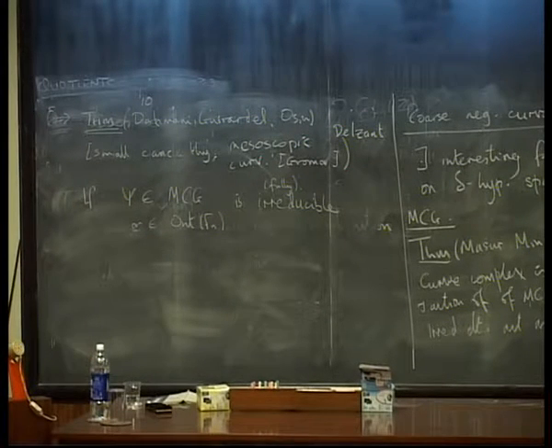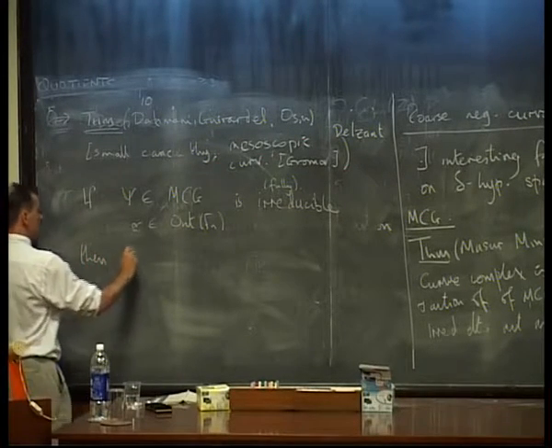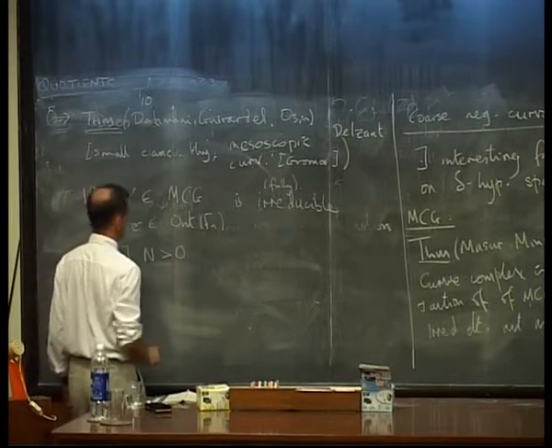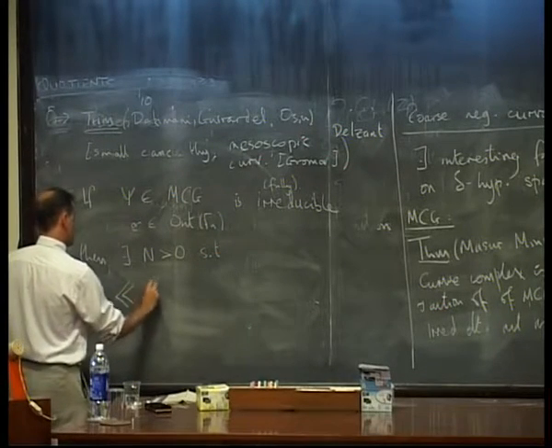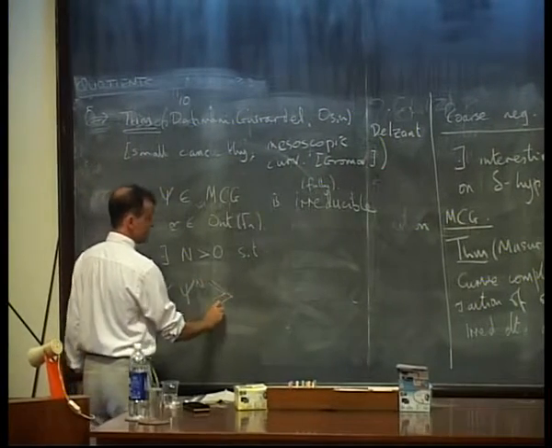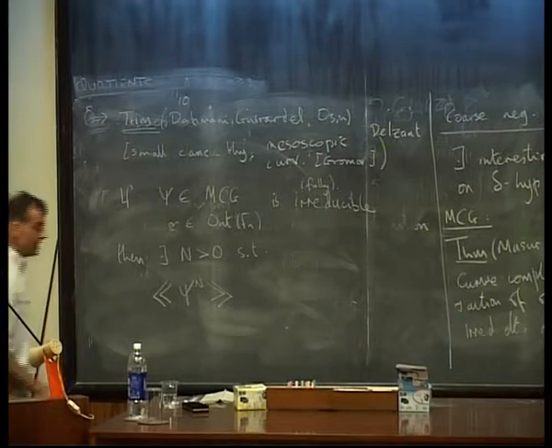In the Out(Fn) case, it's an analogous thing. Then there exists some integer, some power you can raise this element to, so that if I take the normal subgroup generated by that power of the pseudo-Anosov, now what would I love to say that is? Well, if I